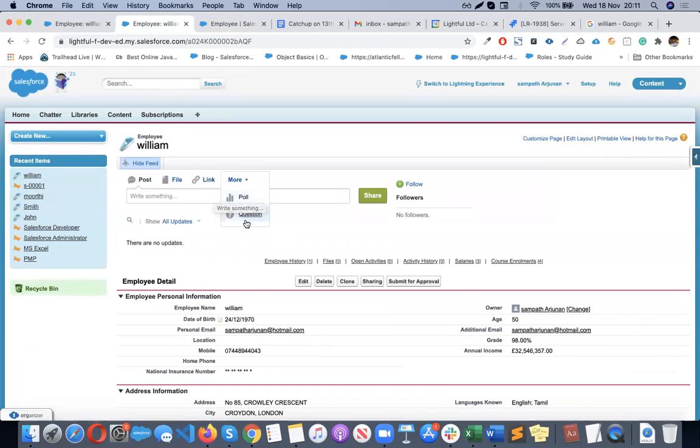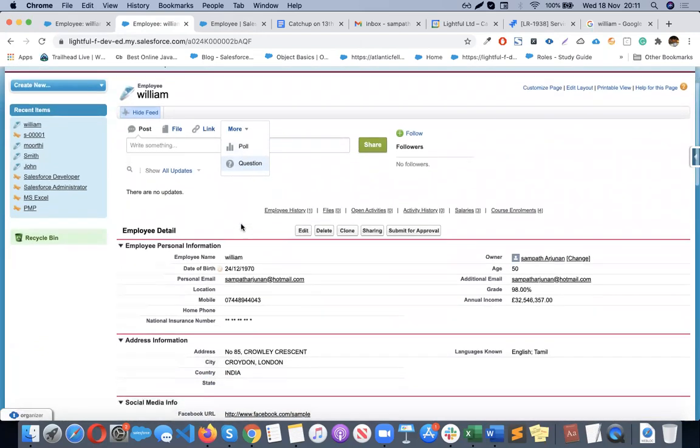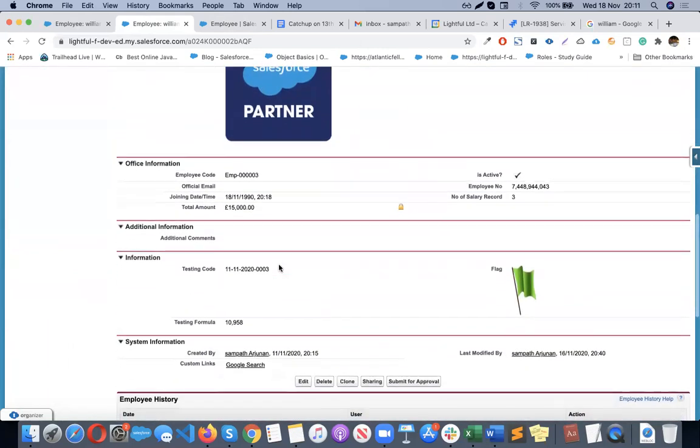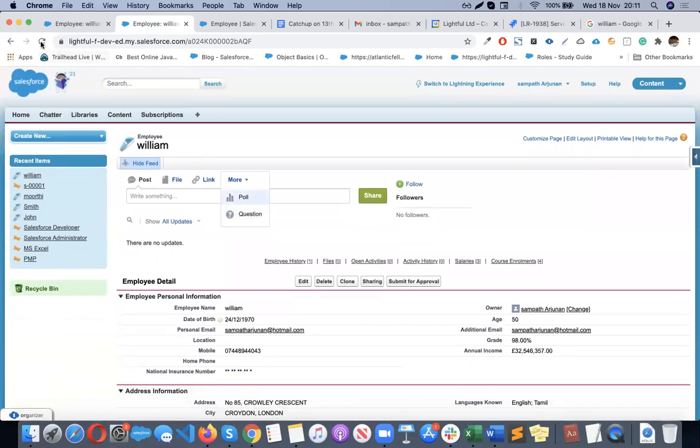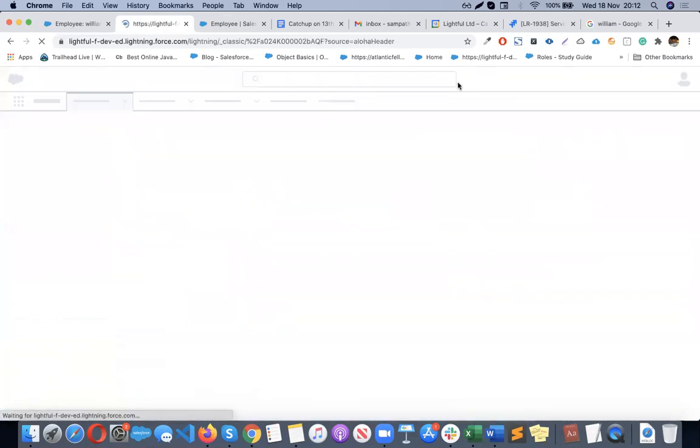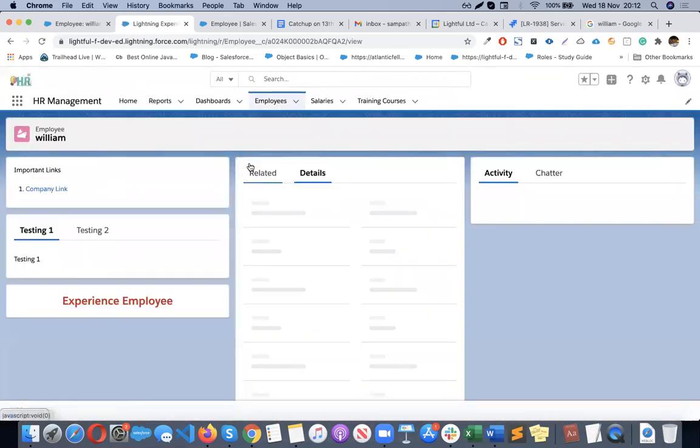Basically it will come below here as a new action. So I will check this and update you tomorrow. Why is it not appearing here? Maybe during the latest changes they may have updated the actions, but I will update you. Again, it's purely on classic, so I don't think it can be used in Lightning Experience.